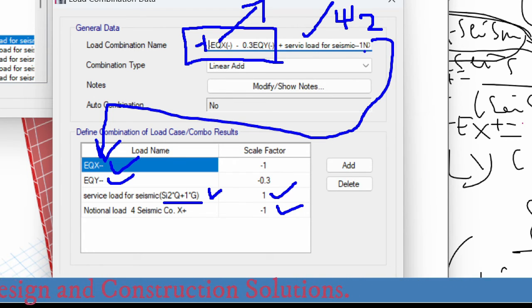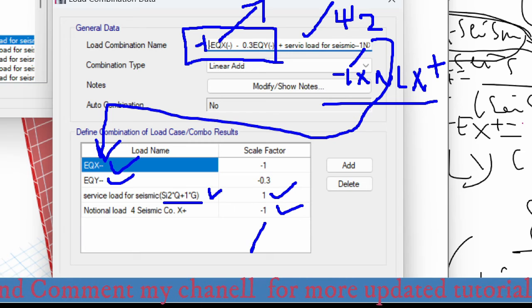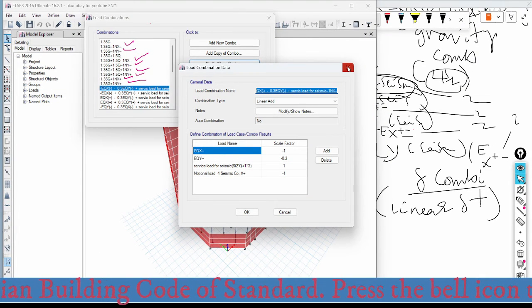Why? Because the notional load in negative x direction is equal to minus 1 multiplied with the notional load in x positive direction. We have defined it before. That is why we are multiplying it with negative 1. That means negative 1 multiplied with x plus will provide x minus, the notional load in x direction. So this is one of the combinations. And in similar way, we'll do just 8 combinations for linear static cases,